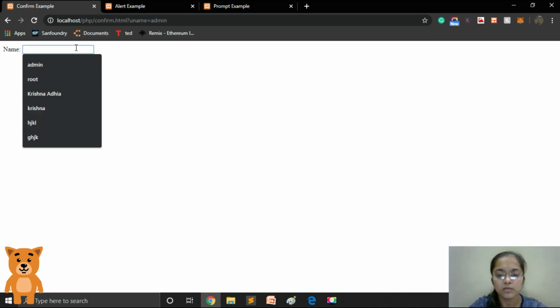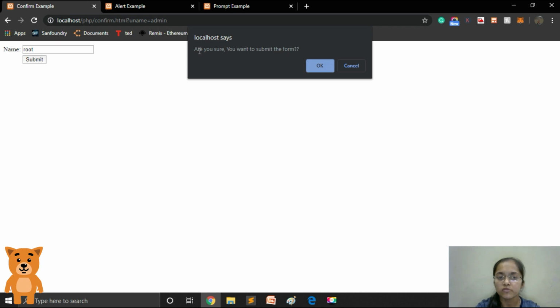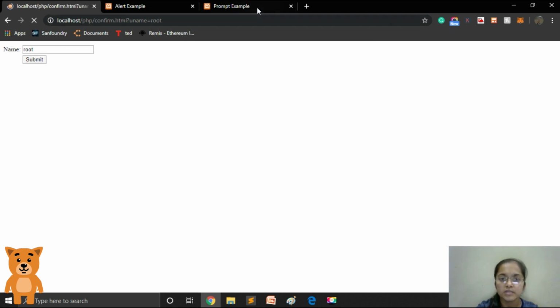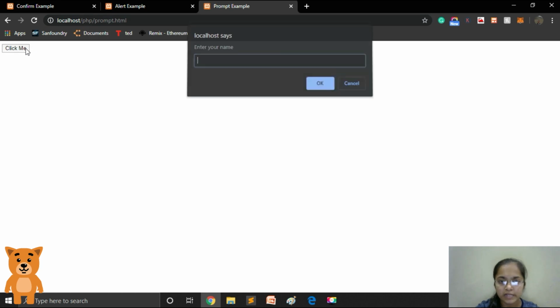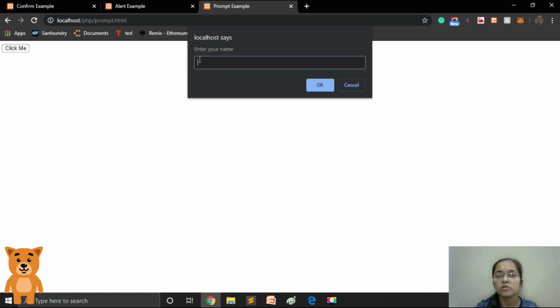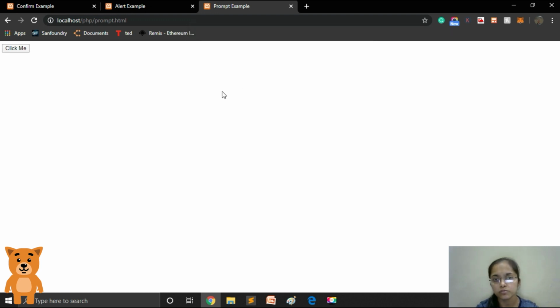When I type the name over here and then click on the submit button, the confirm dialog box displays a message, OK and cancel button. And let's move to the last dialog box, that is prompt. When I click on the button, the prompt dialog box appears with a message, a text box and OK and cancel button. So this is the main difference between the alert, confirm and prompt dialog boxes.